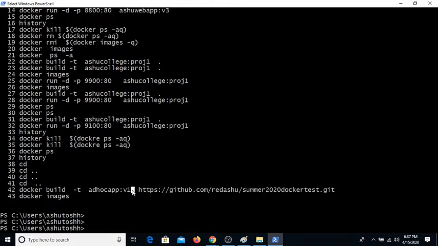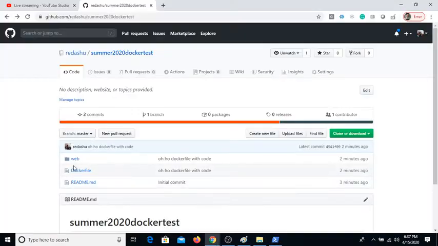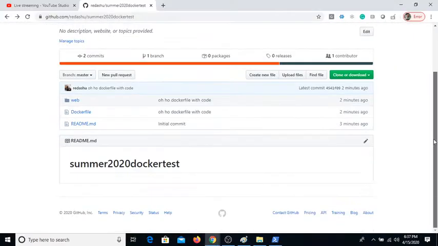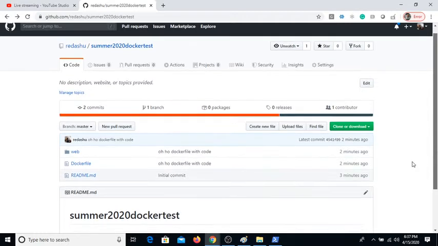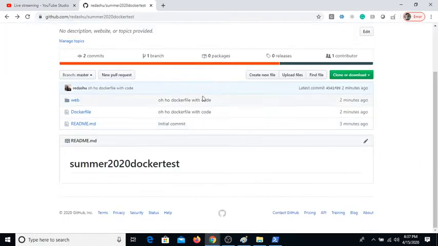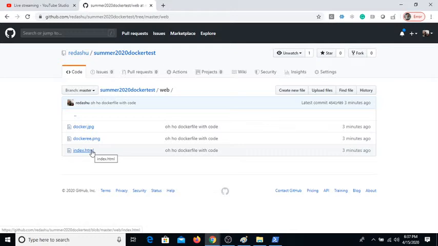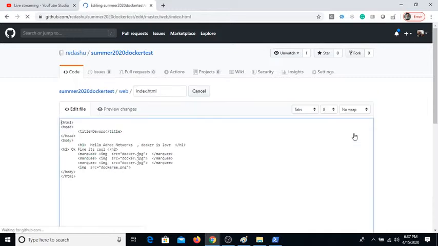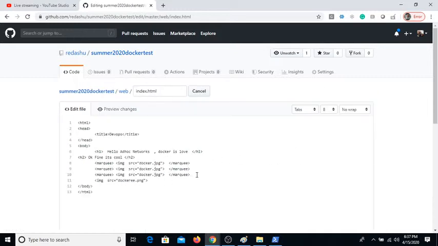No, you don't have to create a new repo. You can just update your code here. For one website or for one application, you can create only one repo, and here you can keep updating. So here, if you want to make some changes, let's say I'm going into this file, editing it, and I'm removing this Docker EE actually, instead of that,